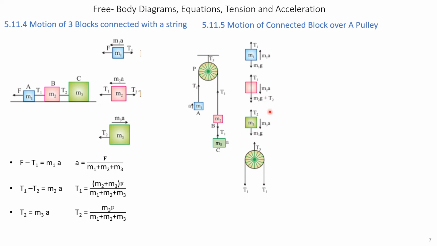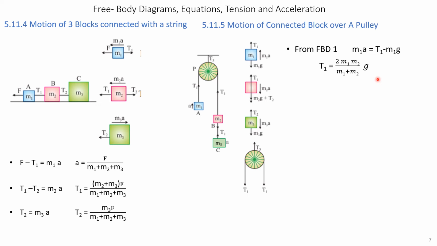Please write down the free body diagram for A here, for B it is here, for C it is shown here, and for the pulley itself it is shown here. So the pulley has a tension T3 acting upwards, and its downward tension is T1 on both sides, both equal. So its equations are: free body diagram 1, M1A is equal to T1 minus M1G,